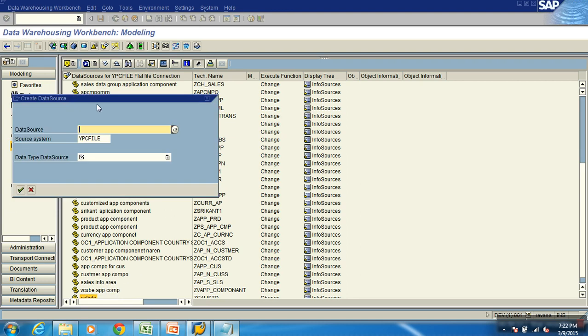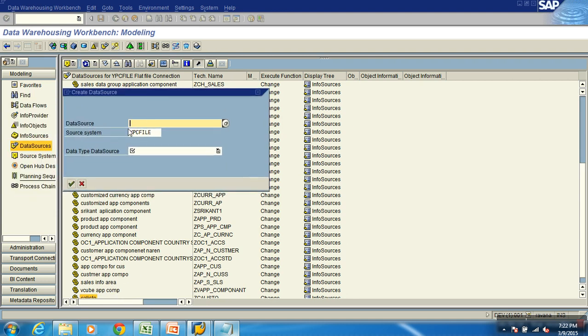That takes us to this dialog box. I would say any name; since it is a flat file, you create the data source here. But if it is ECC, you log into the ECC system, create a data source, then replicate it to BW, and then connect that. Here we are doing it directly for the flat file. We'll see that later. So I'll say X sales, and I'll add tran, because X sales is the data source name and I'm using that word tran to indicate whether it is attribute data, text data or hierarchy data. Tran means transaction data, because what I'm referring to is transaction data. I'll use that naming. Now what does it ask you? Data source type.